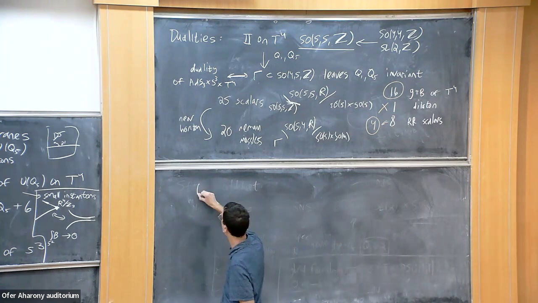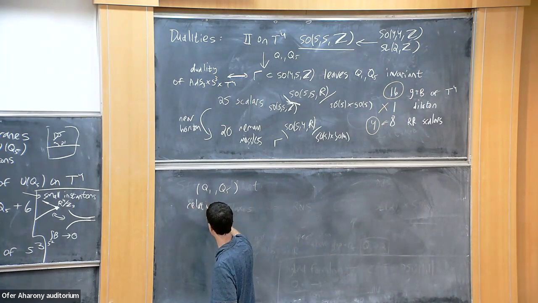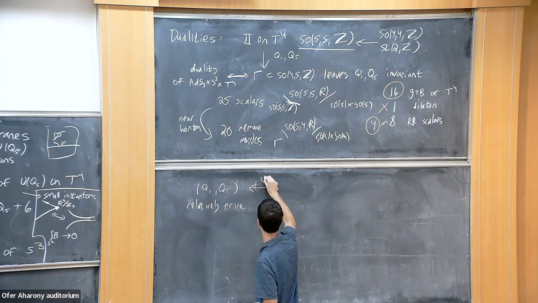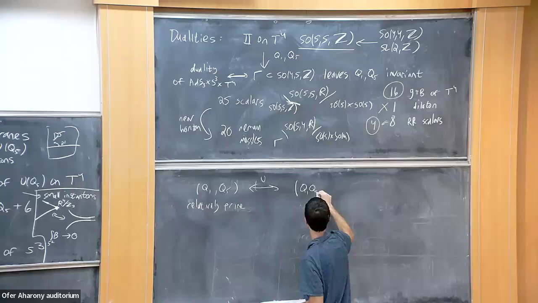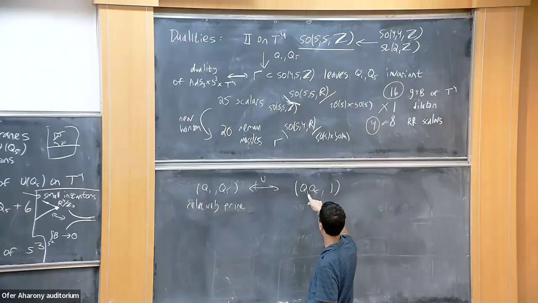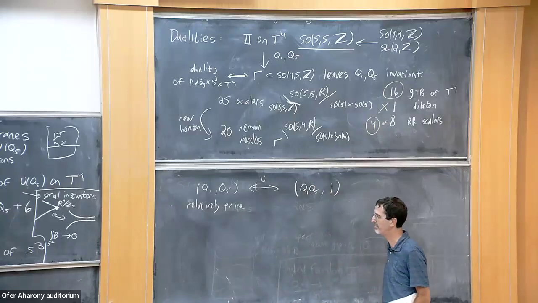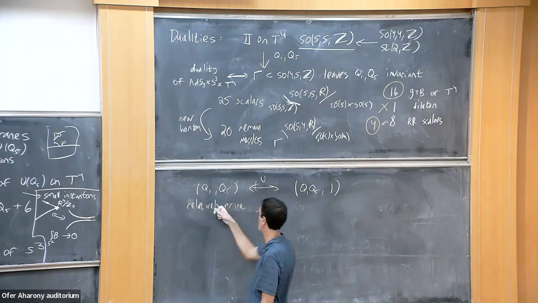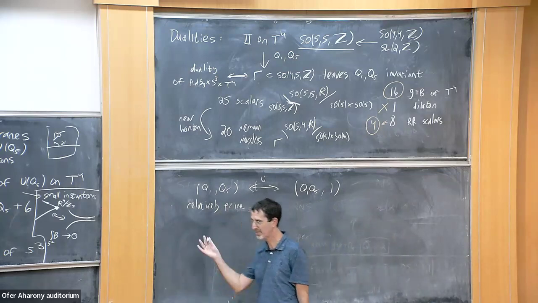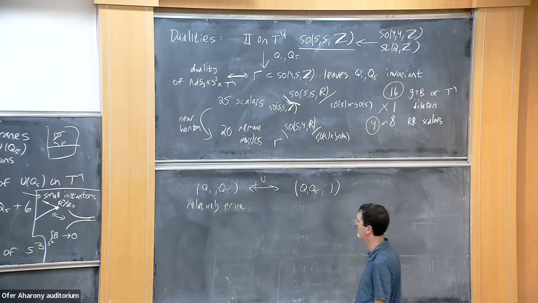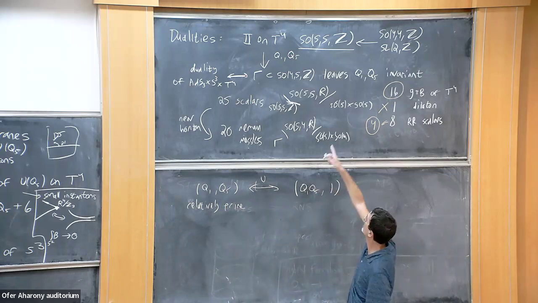And in fact, any pair Q1, Q5 where these two numbers are relatively prime, so that they don't have any common factors, they're all related by some U-duality transformation to the background where we just have, say, Q1, Q5 fundamental strings, and the number of fibranes is equal to 1. So all of these backgrounds are related by U-duality transformation, so even though previously it looked like these different backgrounds with different values of Q5 were completely different from each other, they are in fact related by U-duality transformations in this